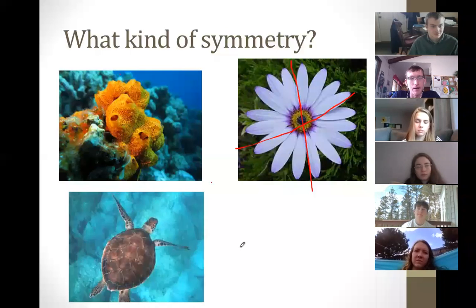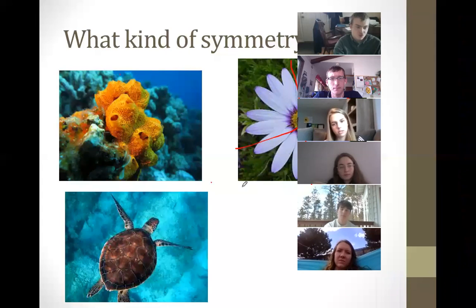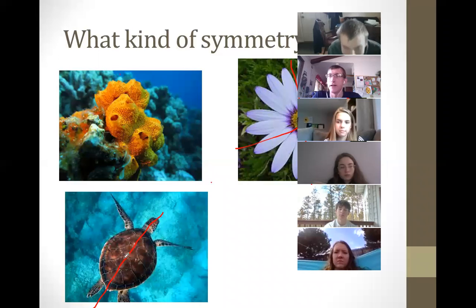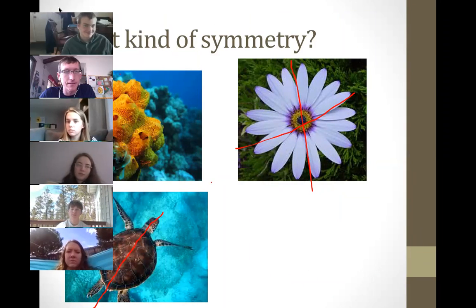All right. How about old Mr. Sea Turtle here? What's he? Bisymmetrical. If we did this, which we wouldn't because we love sea turtles, we cut that guy like that. We'd get an eyeball and a front flipper, back flipper. I don't know where turtle kidneys are, but I'm assuming kidney, lung. I don't know what else turtles got in them. 100 eggs. Anyways, good answer. He's bisymmetrical. Sea turtles, I tell you.